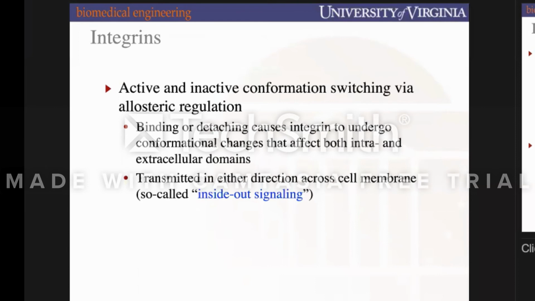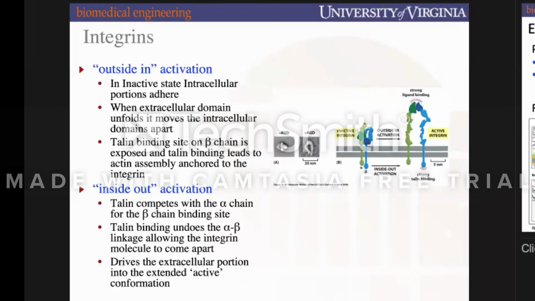One thing that can, let me see if I'm going to scoop myself here. That's on the next slide, so I won't say that. And so this is the outside-in or inside-out signaling that's really unique to integrins. So an example of outside-in, I think I just scooped my entire slide. I just went ahead and did that. But an example here of outside-in signaling